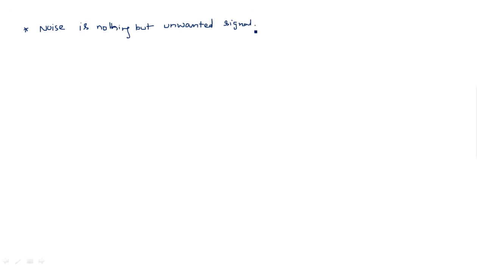Now in this pulse radar system, where can the noise be present, and how can this noise affect the original performance of the radar range equation? This is the second important concept which affects the radar range equation. The first one is the minimum detectable signal, which I have explained in the previous video. Now this is the second important topic which affects the radar range equation in terms of noise.